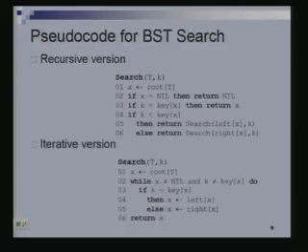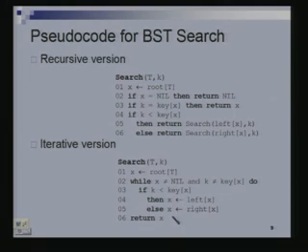How much time does search take? Let's look at the iterative version of the search. What we did was that each time we went through this while loop, which is right here, we came down one level in the tree. We went from a node to one of its child nodes, either the left child of that node or the right child of that node. So we came down one level. We started at level 0, which is the root, then after one run of this while loop we came to level 1, after that level 2, level 3 and so on.